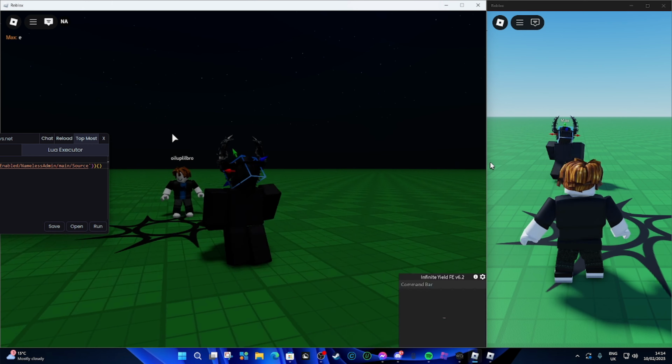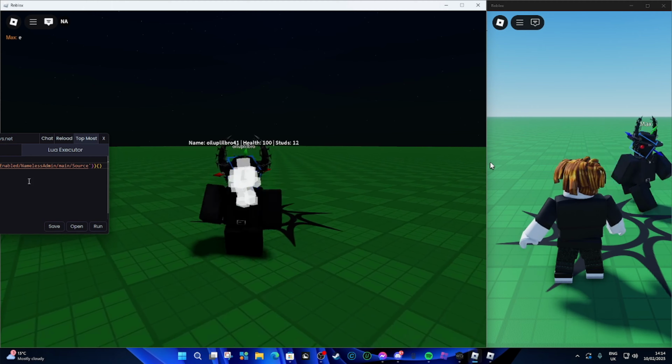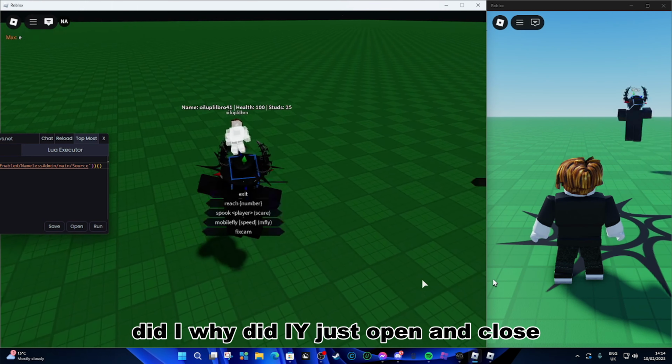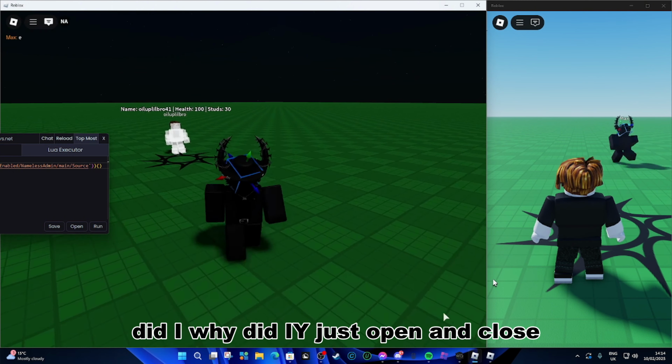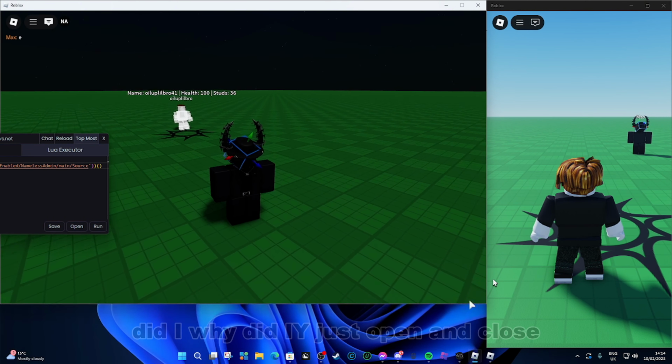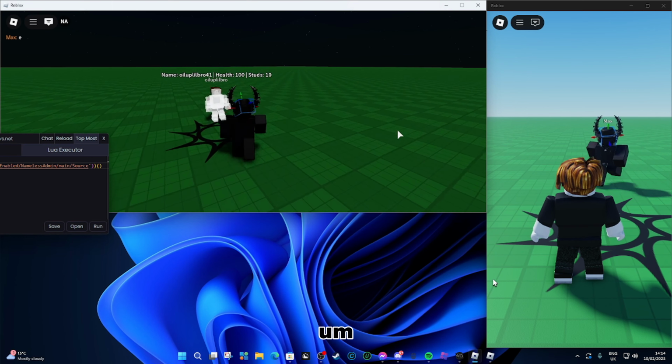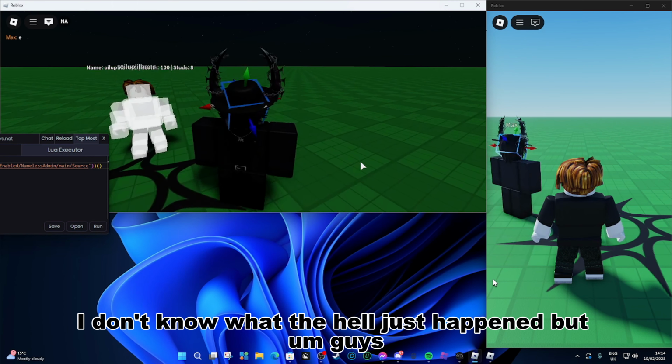Yeah, they even removed it from here. Why did Infinity Yield just open and close? I don't know what the hell just happened,